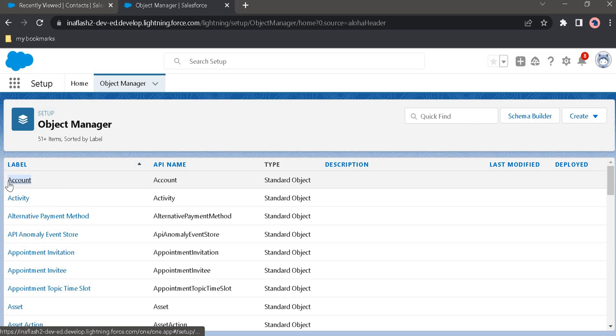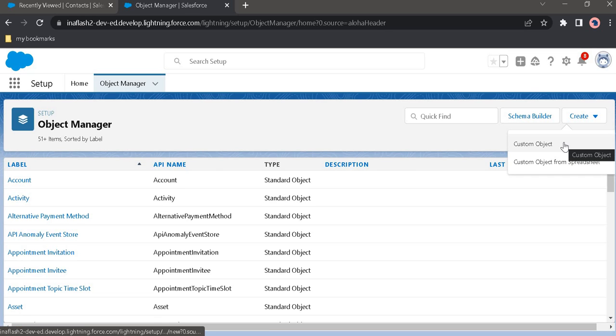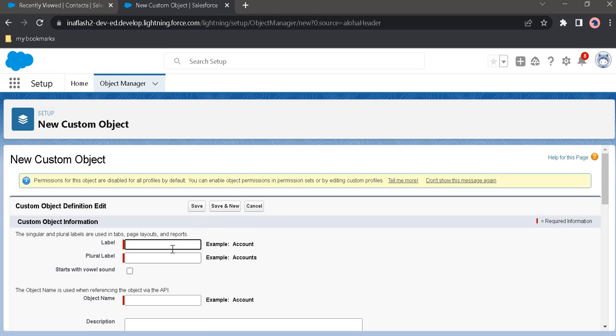And in standard object, the API name looks just simple. When we create a custom object, you will get to see how API name changes. So we are creating a custom object. Say for example, we are creating a custom object called employee.